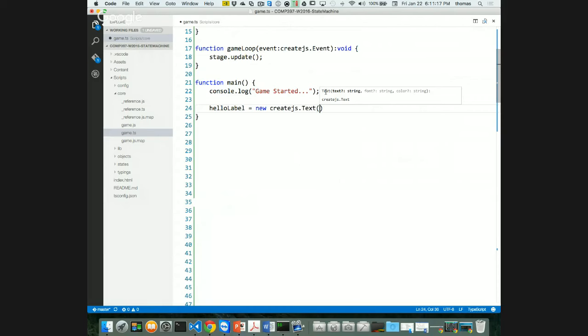Let's put all that stuff in. So we'll say my text is "Hello World". My font, and this is how you do this, is let's say 60px Consolas. I'm going to call it the Consolas font. You can use whatever font you like. That's a system font for you. And then my color in hexadecimal. So what would that be? Pound, I want to make it black. 000000. That's all I need. That's the stuff I need to make my text. It's there, but it's not going to show up because I need to add it to the stage as a